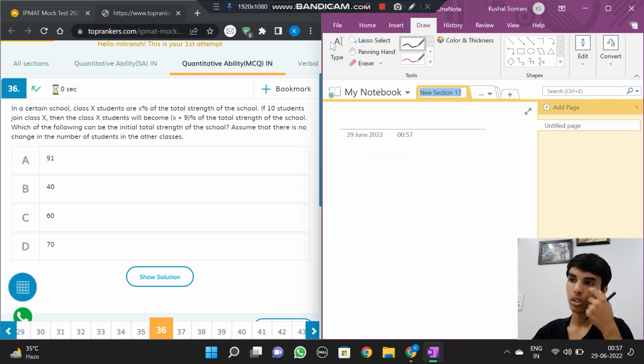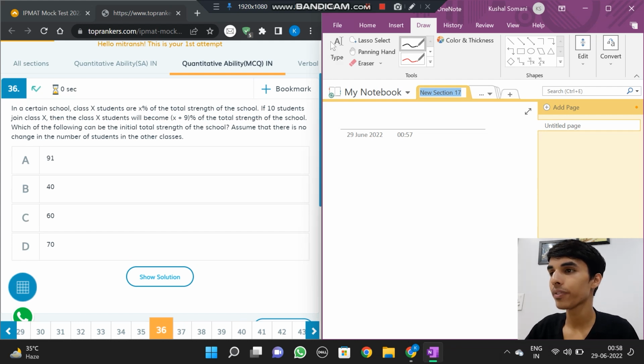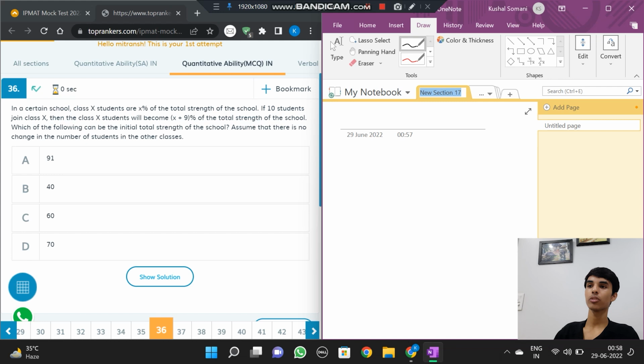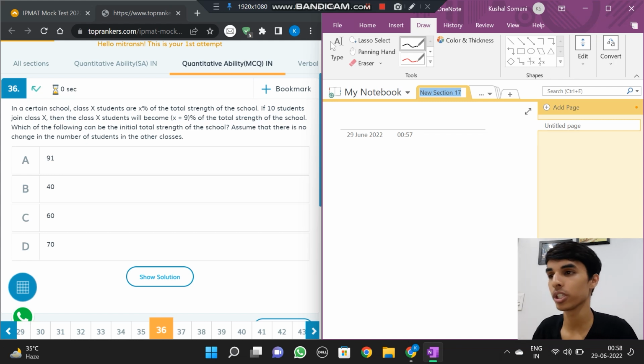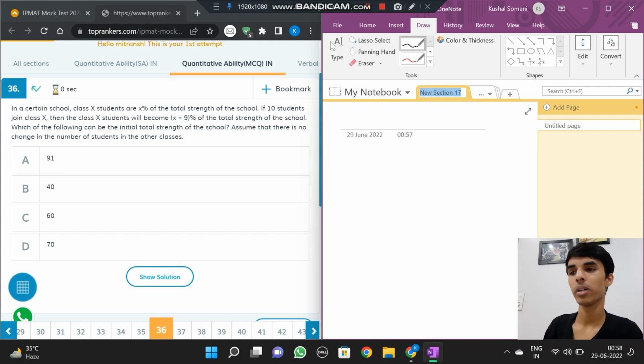In a certain school, class X students are x% of the total strength of the school. If 10 students join class X, then class X students will become x plus 9% of the total strength of the school. Which of the following can be the initial total strength of the school? Assume that there is no change in the number of students in the other classes. Okay, so it might seem to be a very long question, but let's see if we can break this down